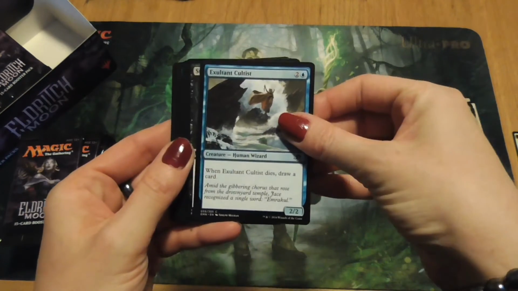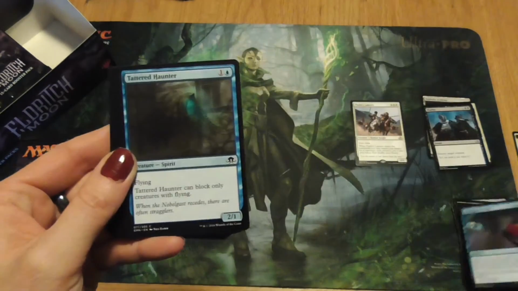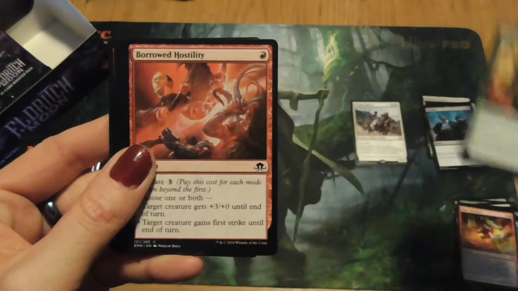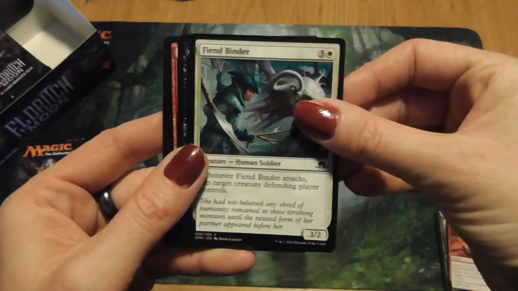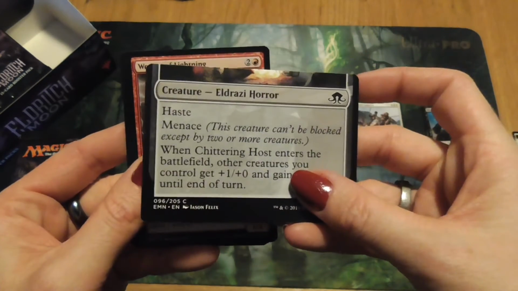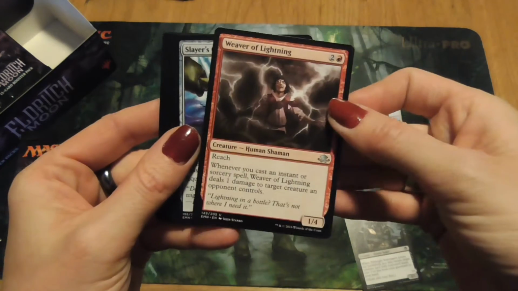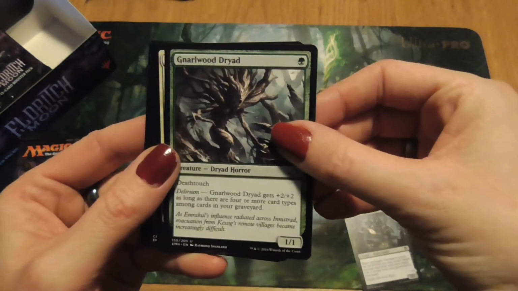Okay. Exultant Cultist. Strange Augmentation. Contingency Plan. Tattered Haunter. Make Mischief. Woodland Patrol. Borrowed Hostility, Fiend Binder, Midnight Scavengers, which, that's one of the melding cards, which turns into half of something, so we'll keep that one aside for now. Weaver of Lightning, that's uncommon. Slayer's Cleaver, Gnarlwood Dryad,